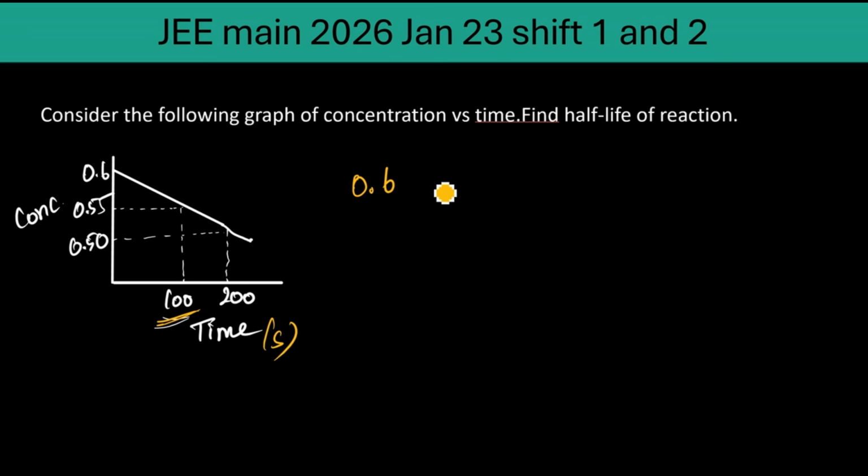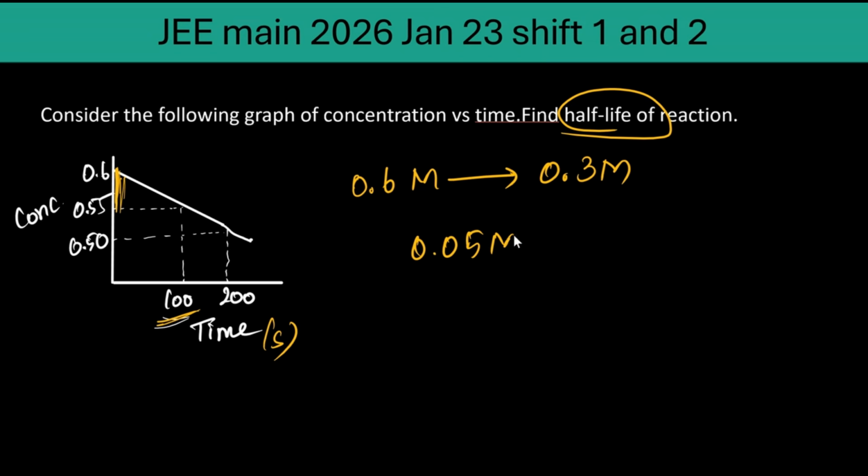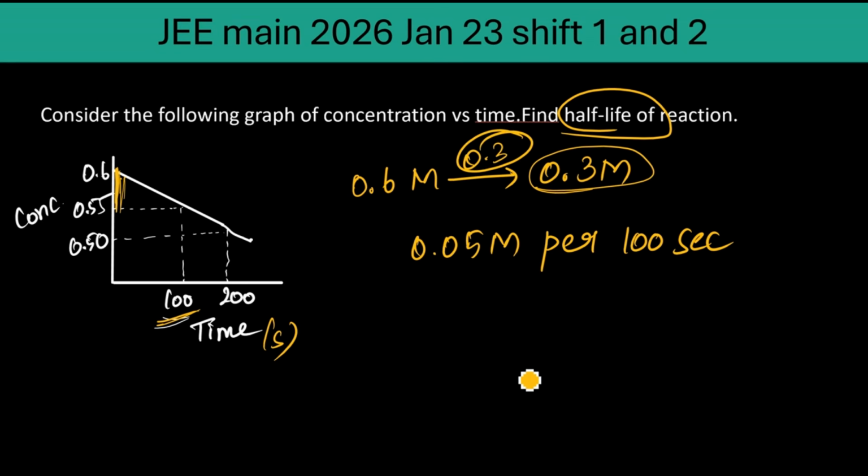From 0.6 molar to 0.3 molar, right? That is the half-life. So the decrease needed should be 0.3. 0.3 is the difference. If you look at the changes over here, for 100 seconds it is 0.05 molar per 100 seconds, right? So now I want the change of 0.3. How can I calculate it? 0.05 per 100 seconds, so 0.3 for